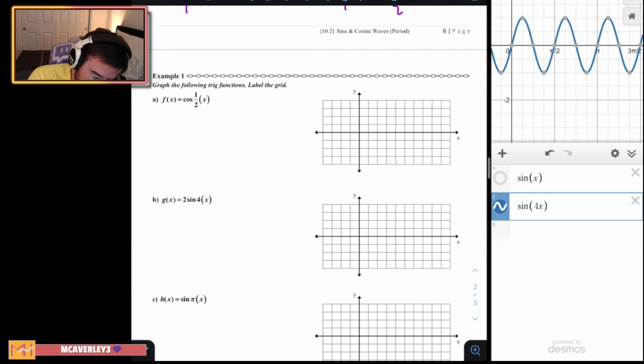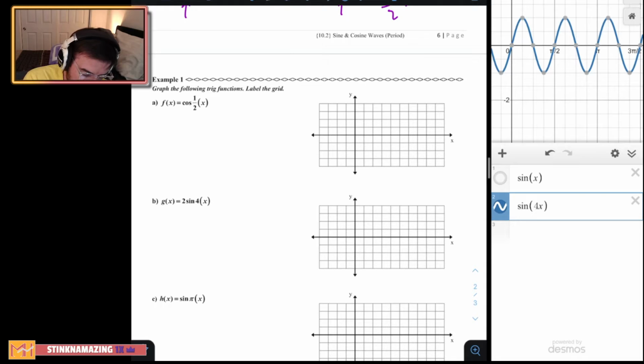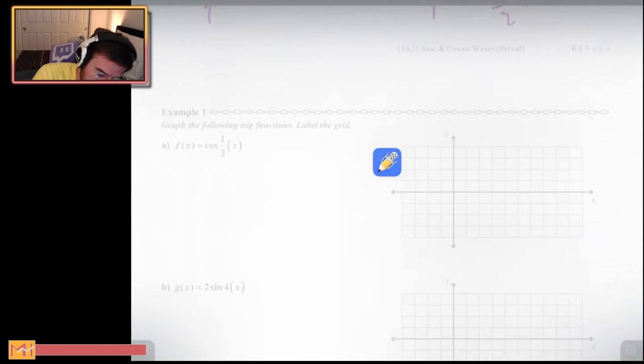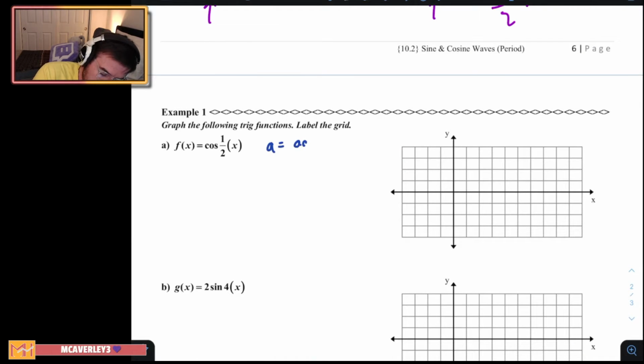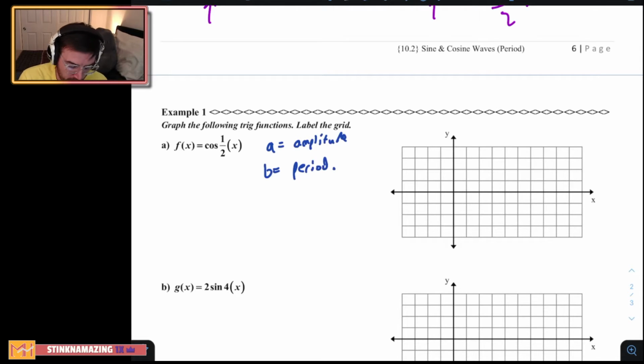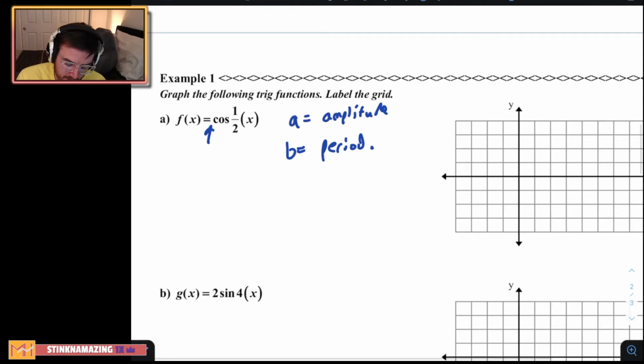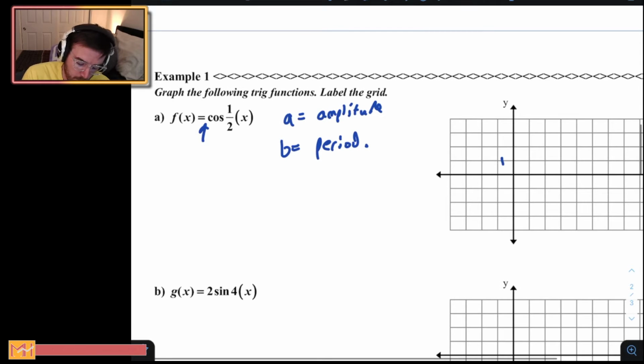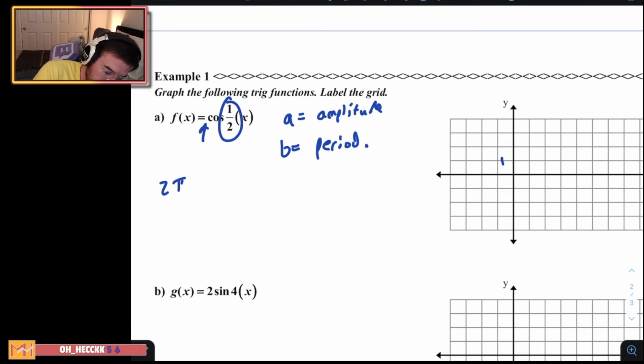So we can obviously just plug these into Desmos and it'll give us a good picture, but I'd like to ask some questions here. Some things that we need to be thinking is, all right, our A value is the amplitude, and this new B value is the length of our period, okay? So there is no A value, so our amplitude will still be 1, okay? And our new period is going to be